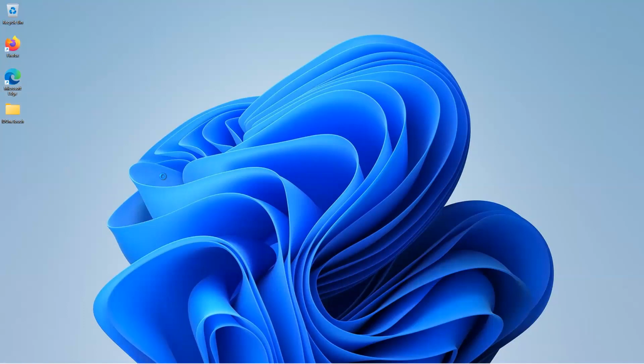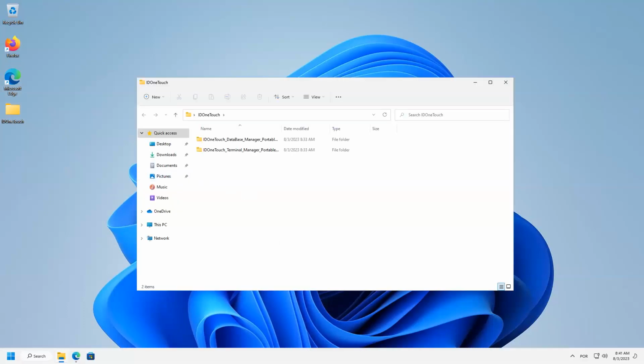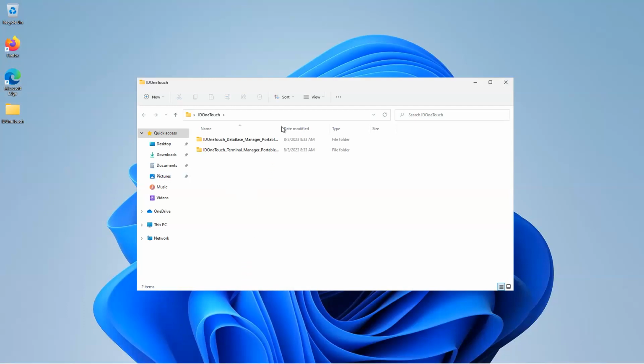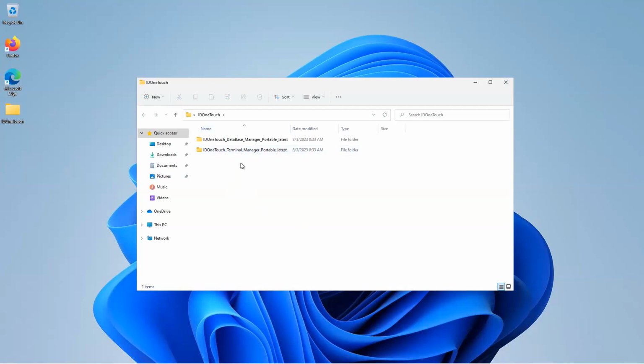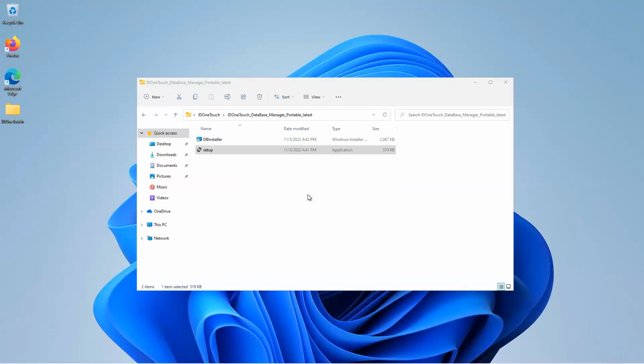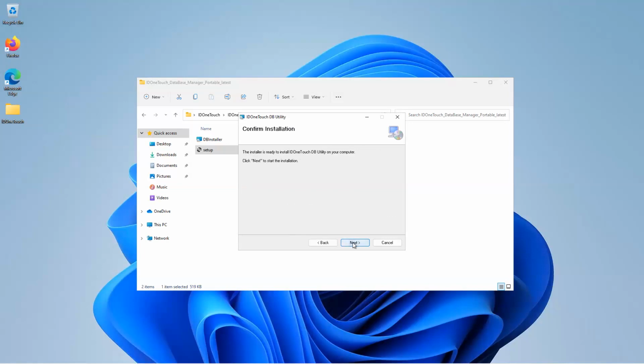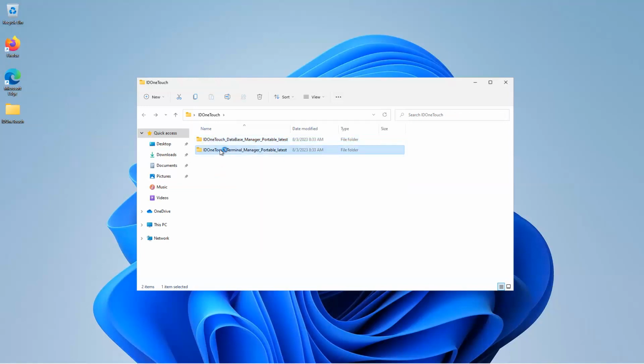We have here two folders. We already have previously installed SQL Express, so don't forget to install and do the usual configurations for SQL as well. So we have Database Manager. We need to install this one. Quite easy. And meanwhile, this one is running. Let's do this one as well. So